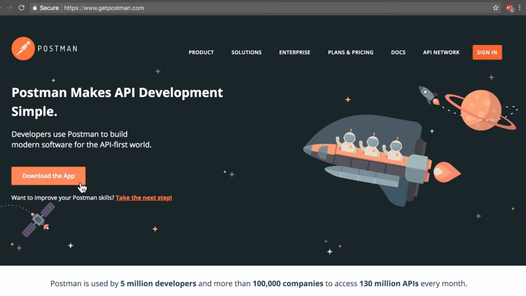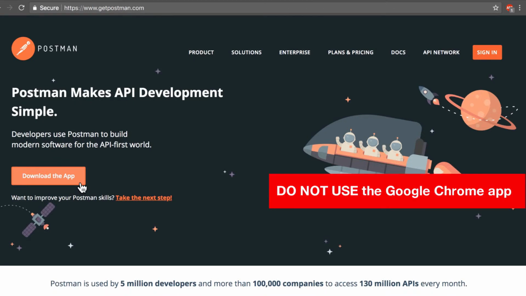And just in case, and this is important, just in case you have a Chrome extension called Postman and you're using that, that's not good. Download the application. Once again, the Chrome extension Postman is deprecated, is no longer up to date with what's happening nowadays, and you will have problems doing this tutorial using that. So remove that plugin, download the application, and you'll be fine.